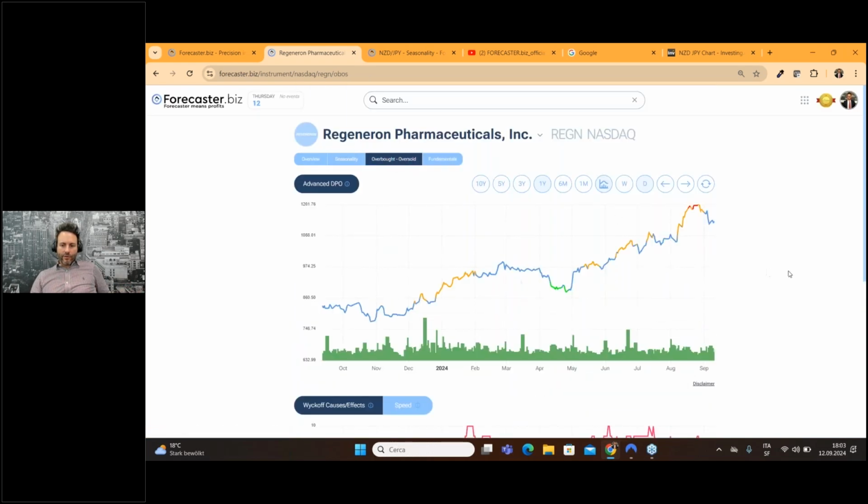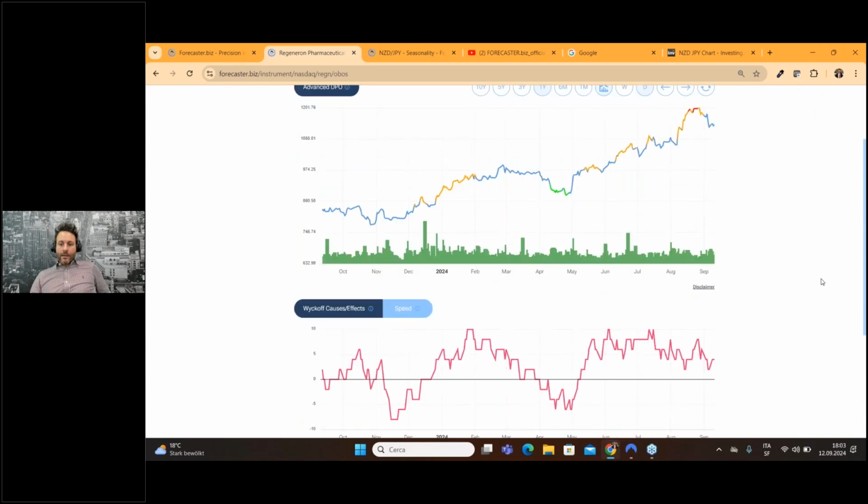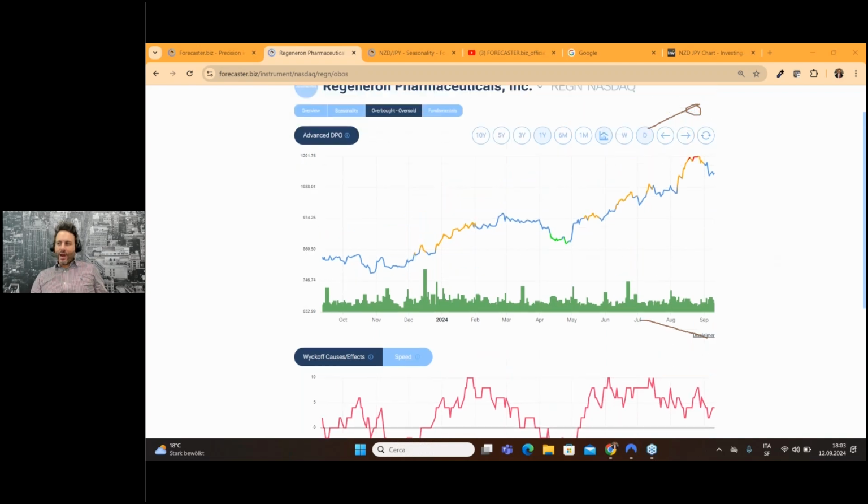Let's have a look to the overbought and oversold. Look, we have a bad sign here because look, we have a divergency. We have a strong sell situation here. It's in red. We have a divergency. This is the classic stock that I can put in my favorite, but we have to wait because probably